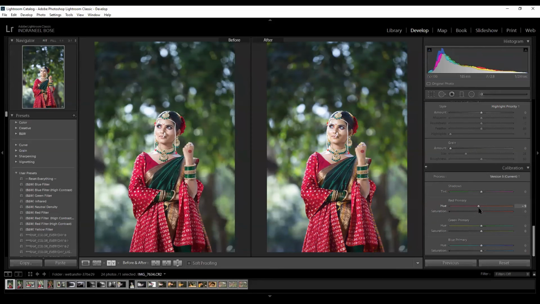Primarily the changes will be in the red, but secondary changes will be in the other colors. Like see, now if we try to reduce the saturation, same goes with the greens.